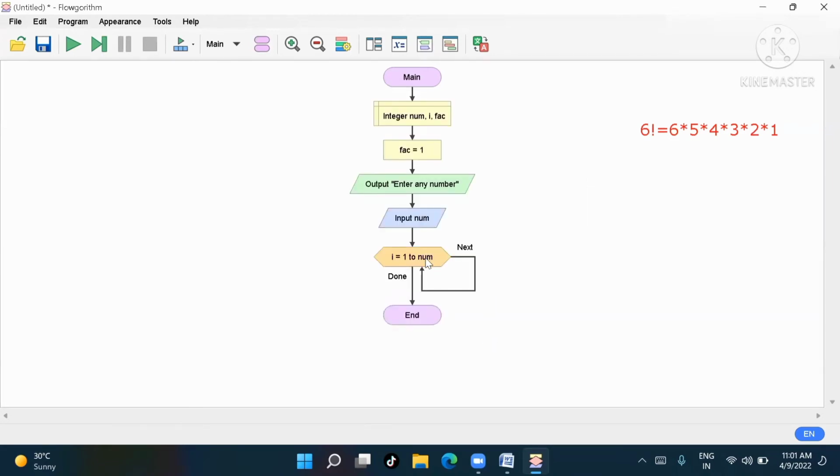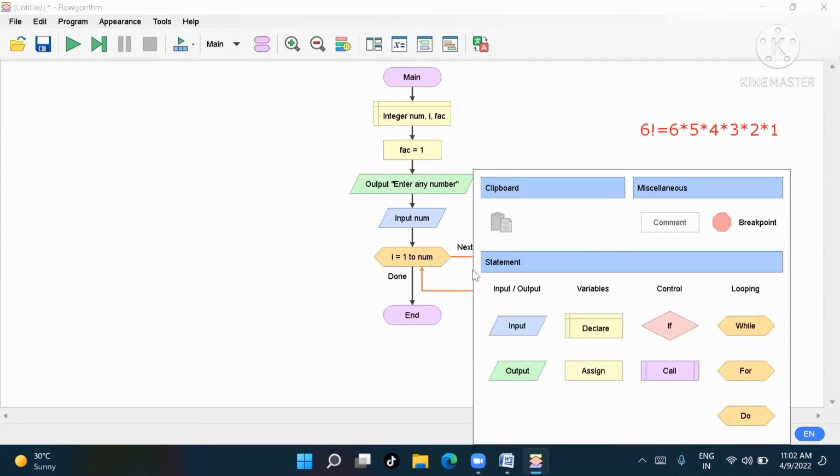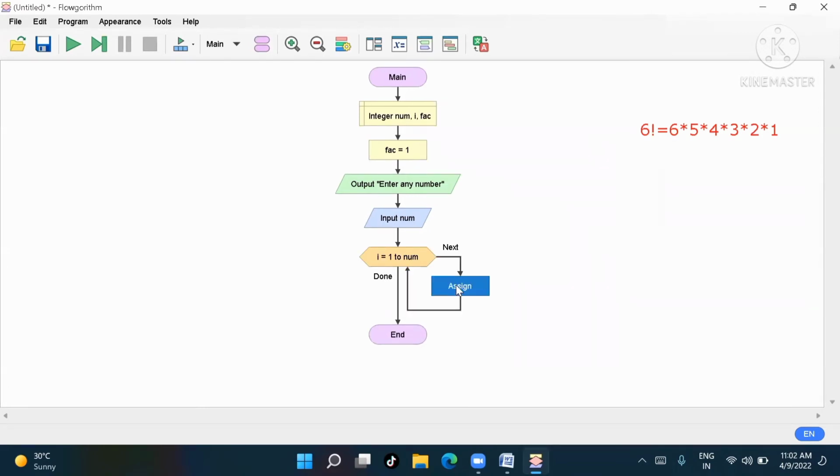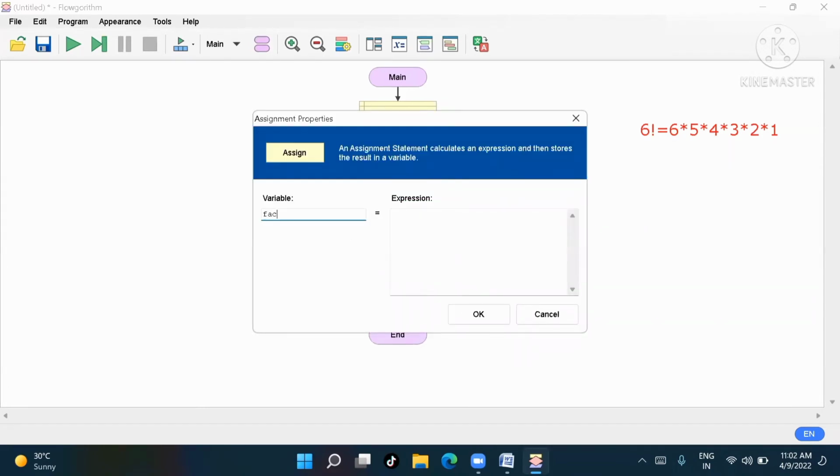Okay. Now how can we calculate factorial? For factorial, if I keep here 5, 1 to 5, then factorial will be I into factorial. So remember this for factorial. If you do this, then it's sure, trust me, you can do C programming also.